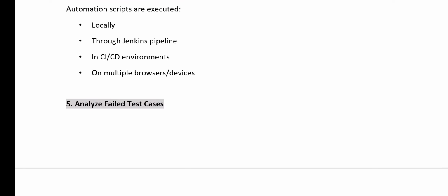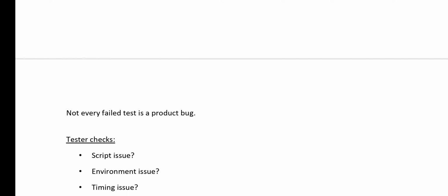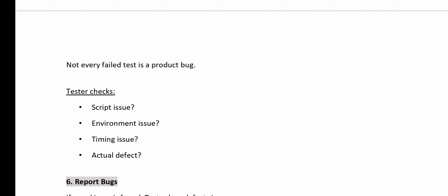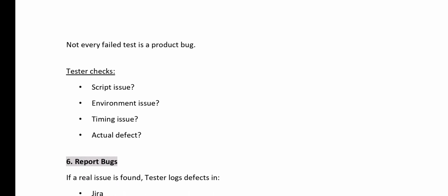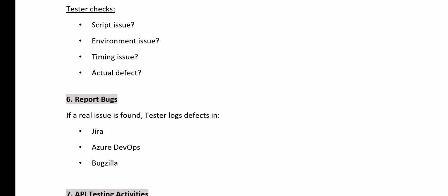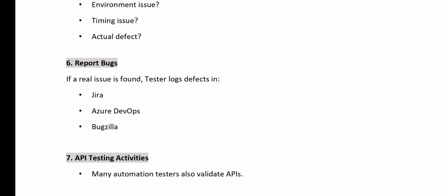Okay, the next thing that we can tell the interviewer is analyzing the failed test cases. Not every failed test is a production issue, guys. The tester checks if it's a script issue or environment issue, or a lag or timing issue, or an actual defect. Okay, and only then he reports it to the developer. And then you can tell the interviewer that we report the bugs. If a real issue is found, we log the defect in Jira or Azure DevOps or Bugzilla. Whichever test management tool you are using in your project, you can mention that. And then